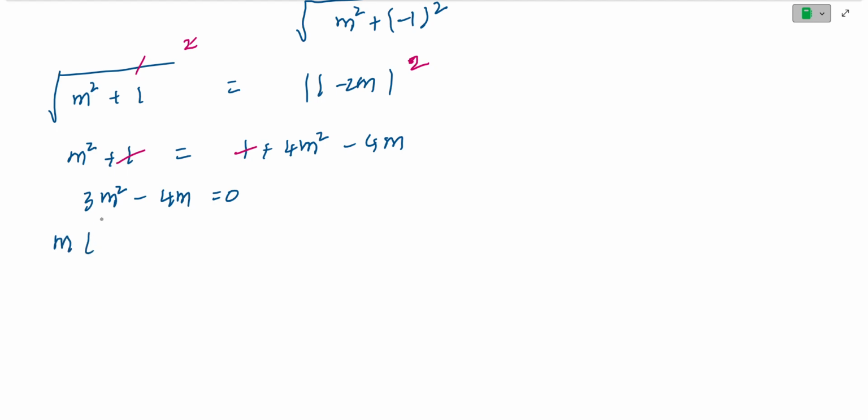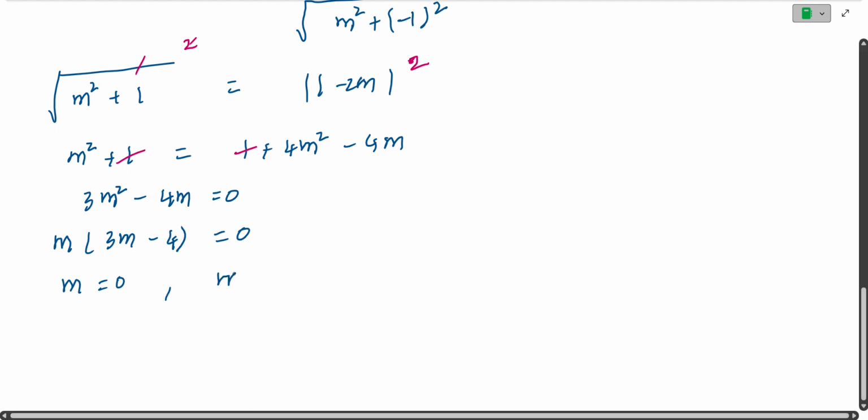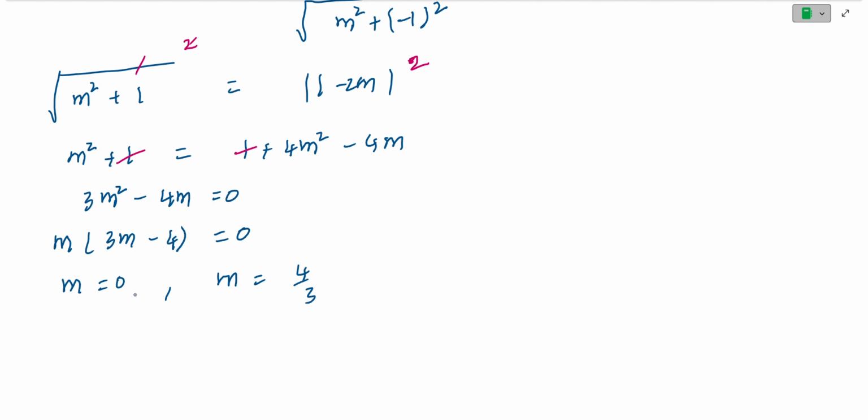So if I take m common, m into 3m minus 4 is equal to 0. So from this we can get the values of m. So m is equal to either 0 or m is equal to 4 by 3. We got the two values of m corresponding to the two tangents. So we are going to substitute these values of m into the equation,